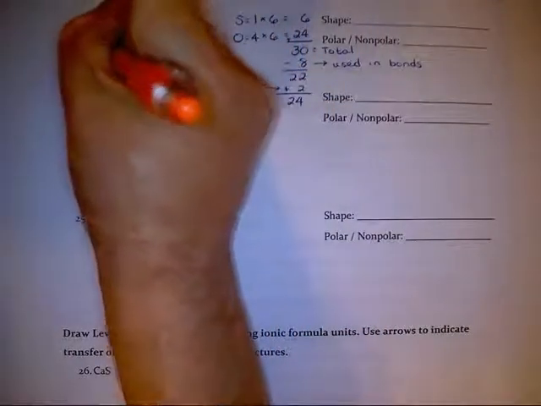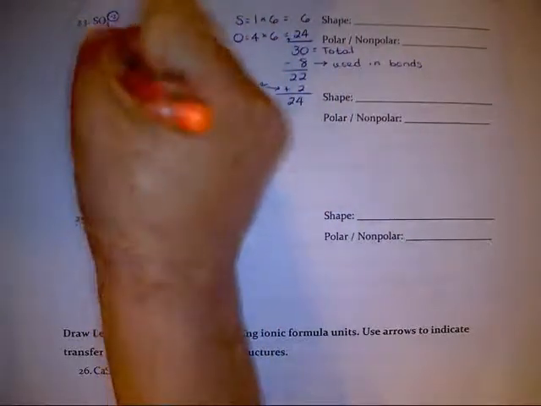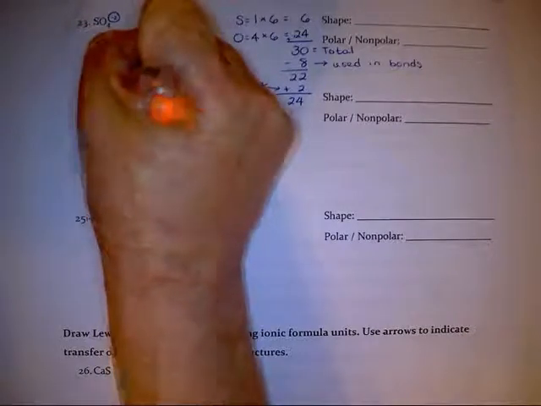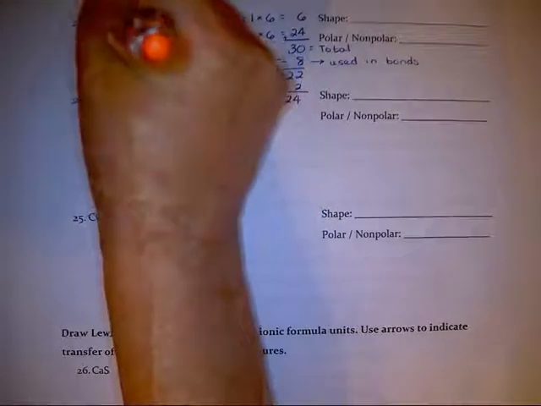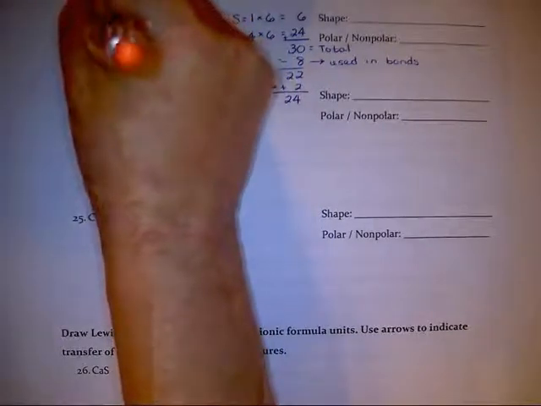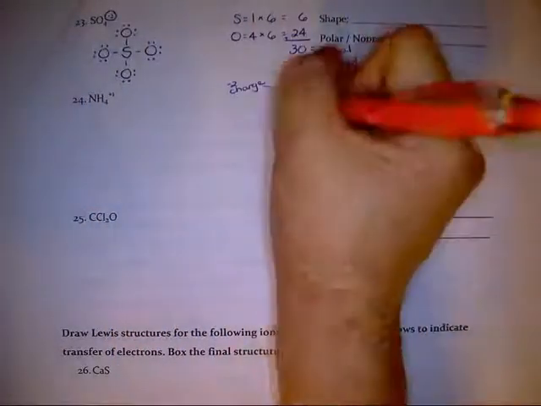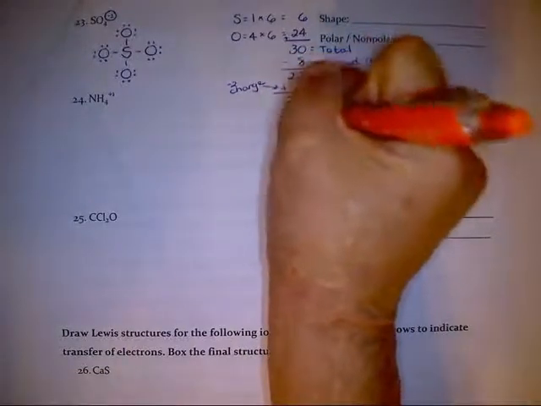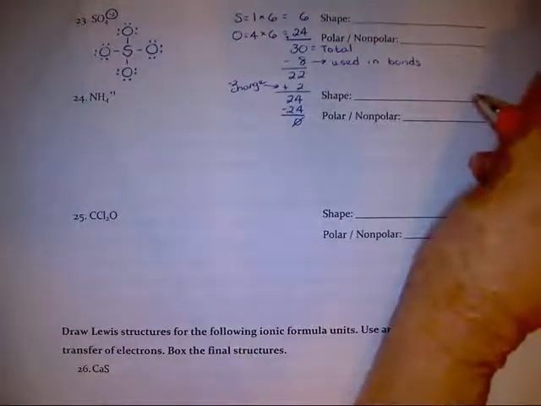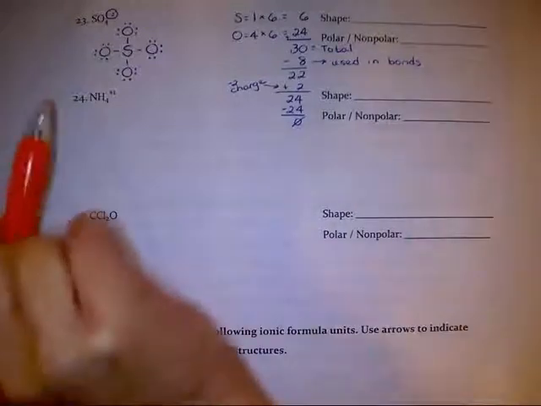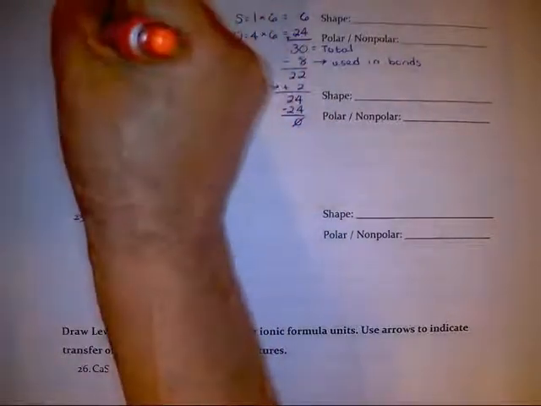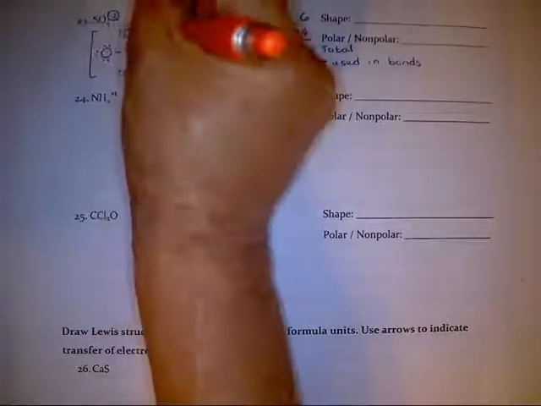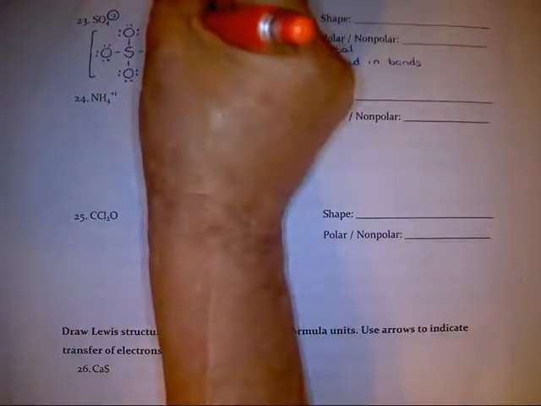Alright, 2, 4, 6, 8, 10, 12, 14, 16, 18, 20, 22, 24. Alright, I've used up all 24. Got no more electrons left. Let's make sure that all of the atoms are satisfied, and it looks like they are. So since this is an ion, I'm going to put it in a bracket and give it a -2 charge,